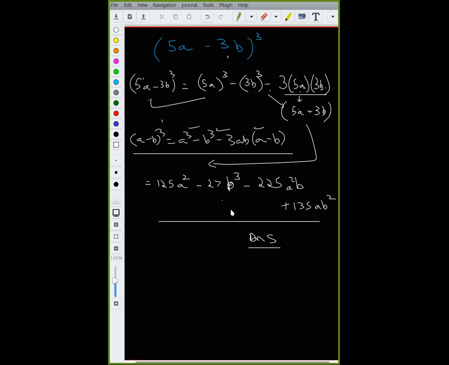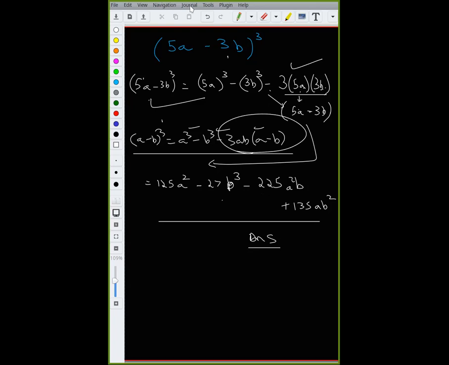Any doubts, anyone in this question? Varya, is it clear now? You still got a wrong answer? Yes, sir. Okay, so do it in this step, Varya. Do it this way. Do this 3ab into a minus b or a plus b. And then open the brackets and solve it. You'll get the correct one.